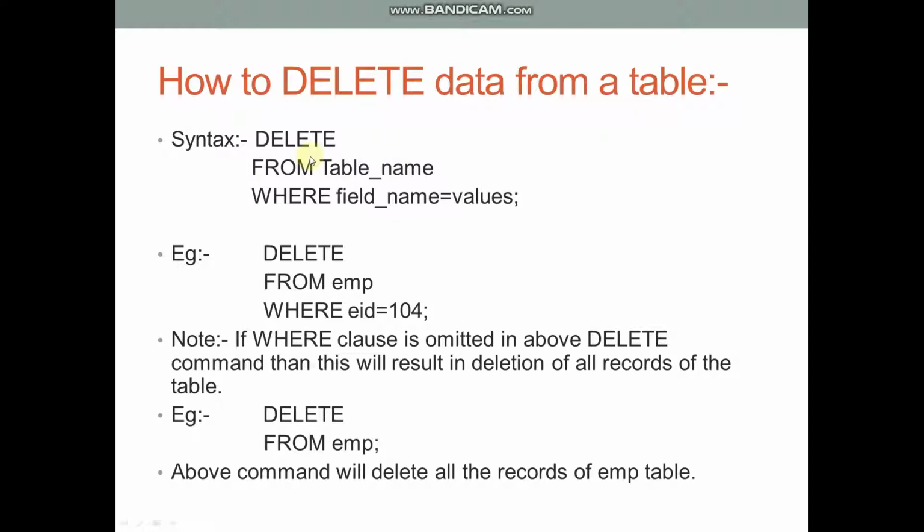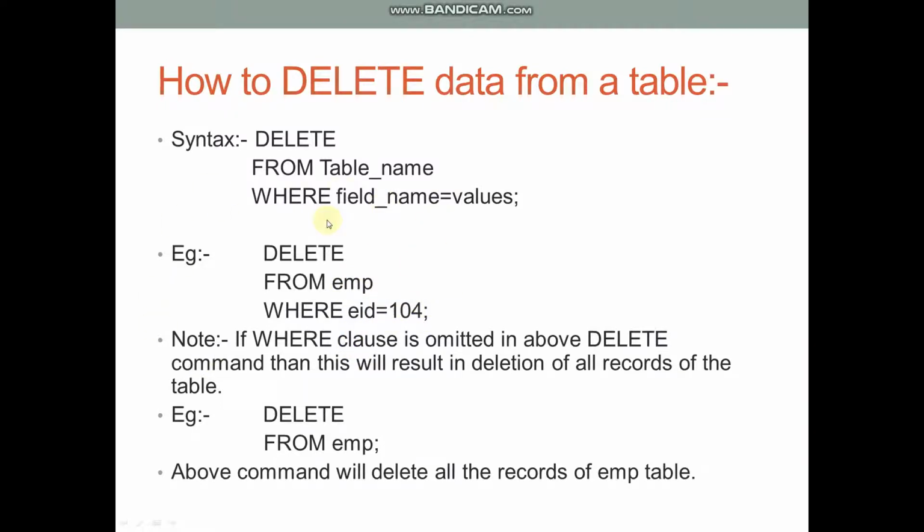So for example, if we have a table called EMP and there are multiple records in the table, and if we want to delete a particular record from that EMP table, then we will use this syntax: delete from table name. Here we will mention the name of the table from which we want to delete a record, then a where condition. This condition specifies which record of this table will be deleted. For example, if you want to delete a record from our employee table having EID equal to 104, then